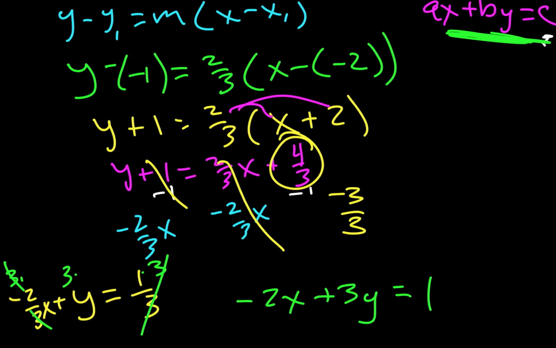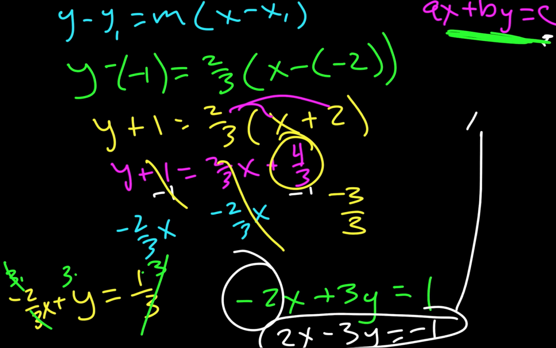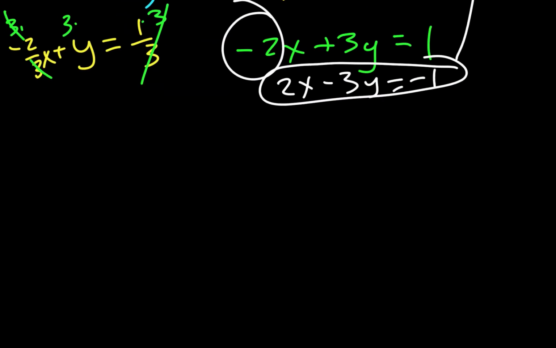Now, another thing that the book is going to want you to do, I'm not too particular about it, but they're going to want this leading coefficient to be positive. So since it's negative, the one with the x, we're going to divide everything by negative 1, and we're going to get 2x minus 3y equals negative 1. And that is your general form of that original equation. Okay, we're going to move on to